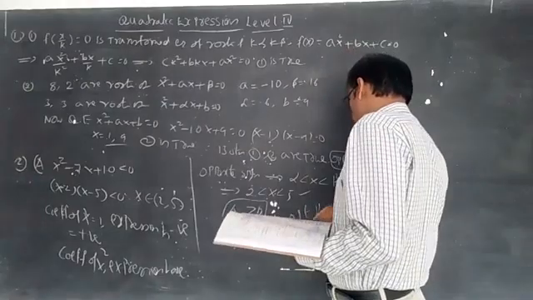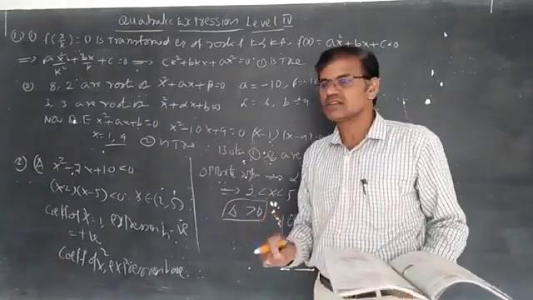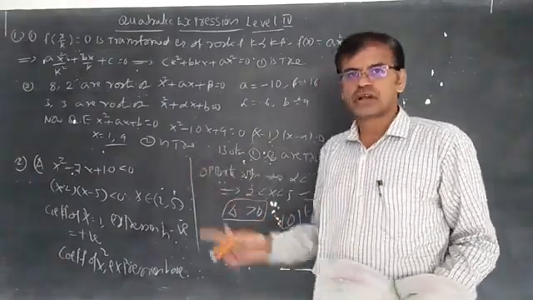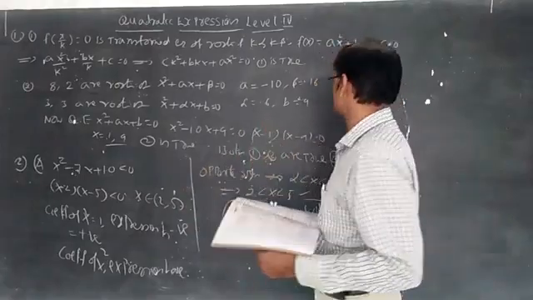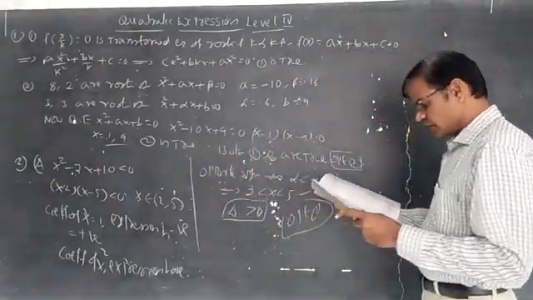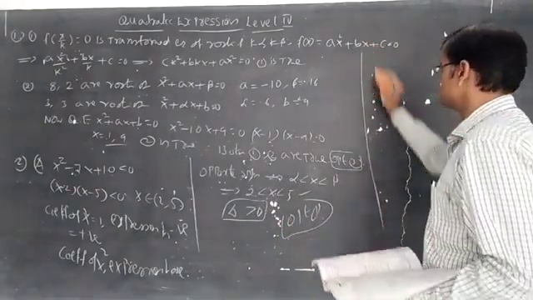You can write option 1. I am writing, you can understand that A is true and R is true and R is the correct explanation of A. Reason is the correct explanation of A. Now the third